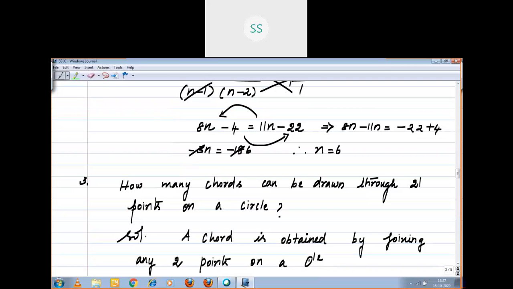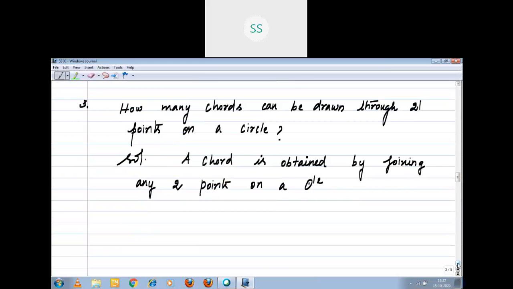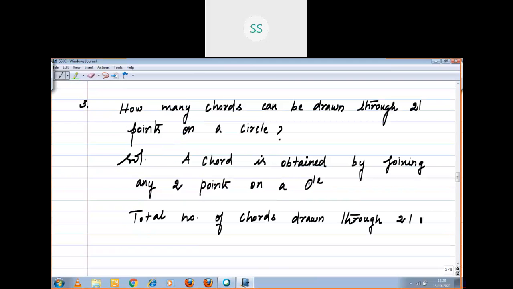So, here how many points are given? 21 points. The total number of chords drawn through 21 points is